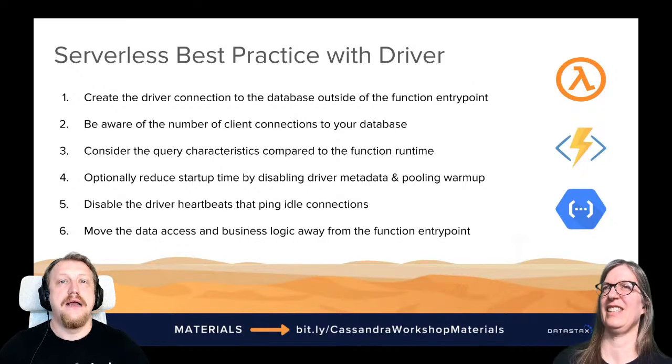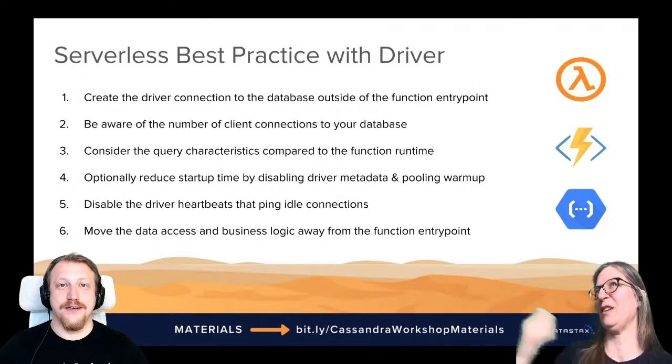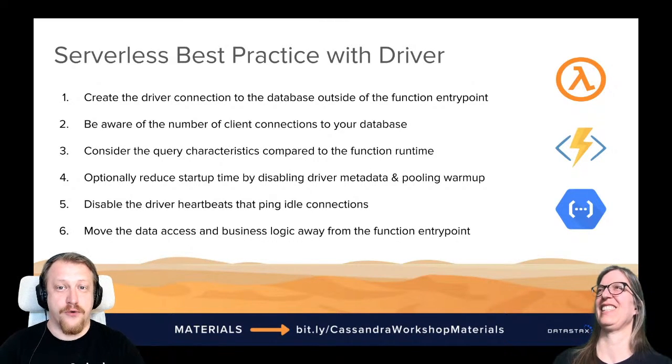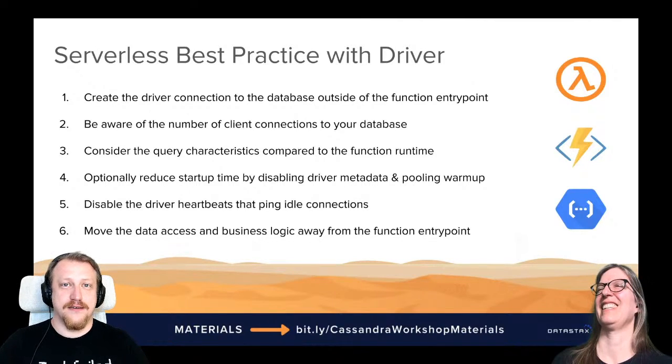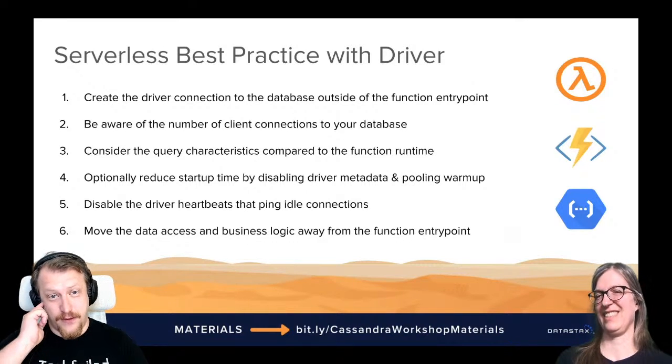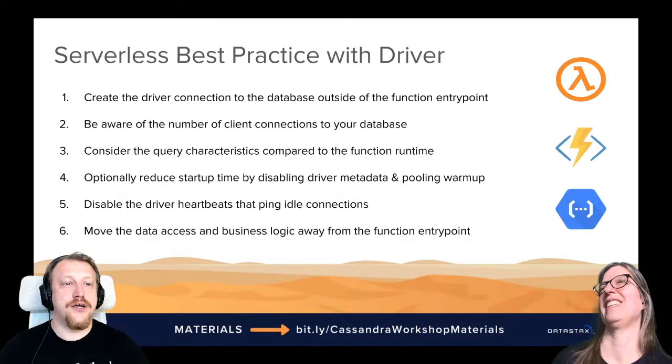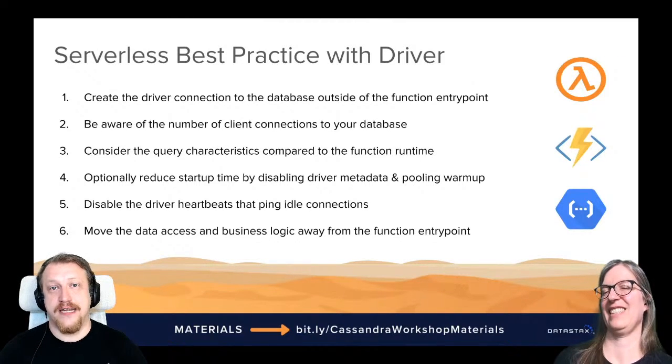outside of a function entry point. Why? Because if you do it within the function entry point, every time the function is called, you will create a new connection. And if it's a function you use all the time, 1,000 per second, or 1 million times per second, your Cassandra is going to be unhappy because it's going to make too many TCP connections. It will be easier with Cassandra version 4, but as it's not finished yet, and most of you are going to be at version 3 or maybe DataStax Enterprise, it's definitely going to make some problems with TCP connections. Don't forget to be aware of the number of client connections to the database.